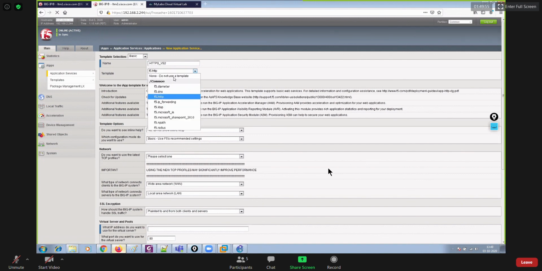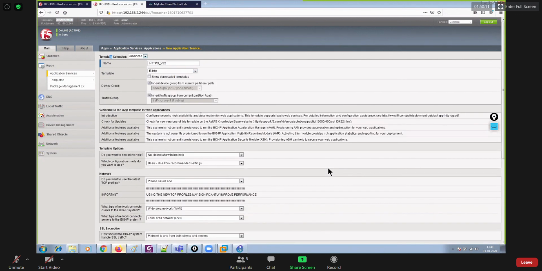So in place of HTTP, let's say this time I set FTP, right guys? If FTP is there, then I can select that, but it's not there. So let me keep the HTTP one. And under template selection, instead of basic, make it advanced. And then thereafter, you can select your traffic group. So let's say I selected traffic group 2.